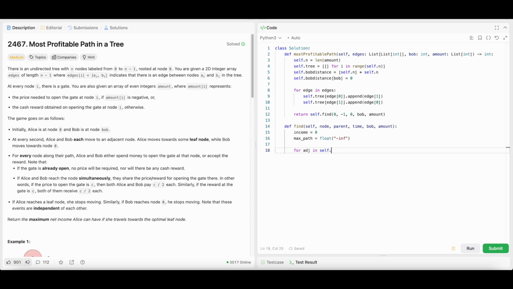So now we loop through whatever we have in that node. So for adjacent in self.tree of node, any adjacent ones, and if the adjacent node does not equal the parent, then we will execute. If not, we'll skip it. So now we calculate the max path up to that point. It will be either the max of max path, or recursively call it and see if we can find it anywhere else. Node, time plus 1, bob, amount,